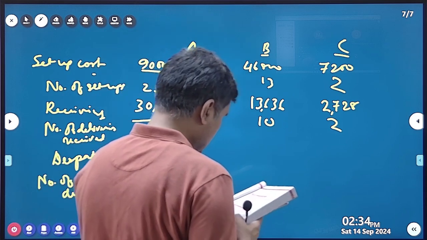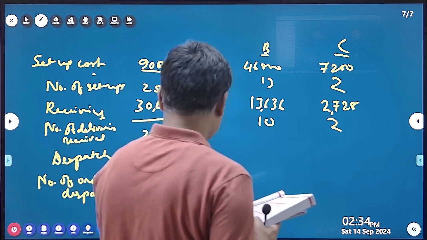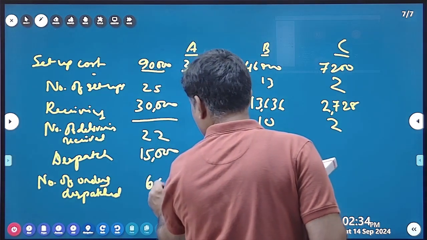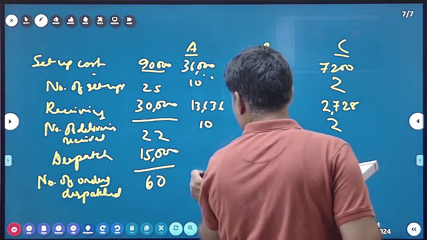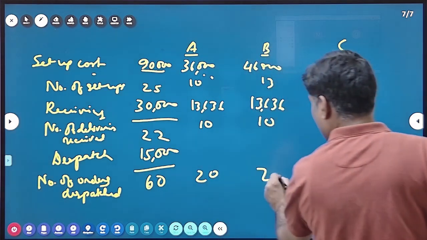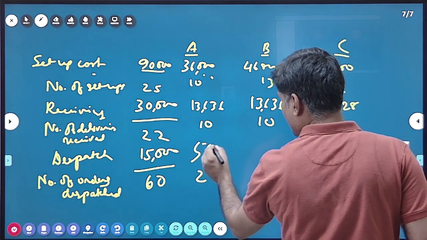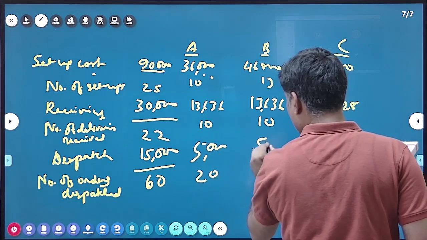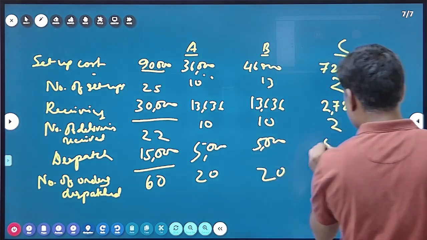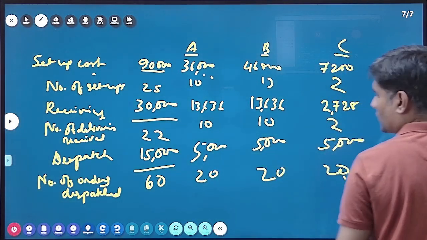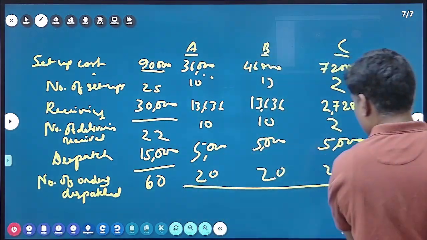Number of orders dispatched. It is 60. So it will come 5,000, right? So total overhead cost for A, B and C will be